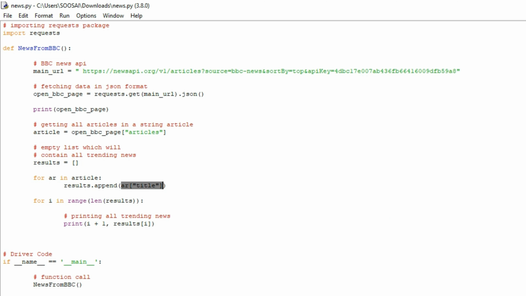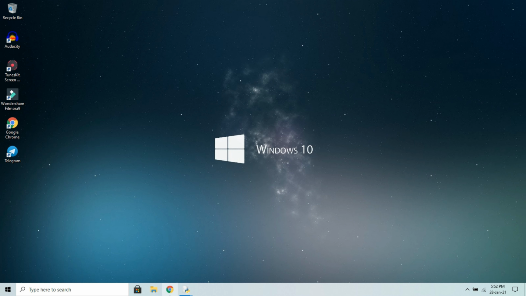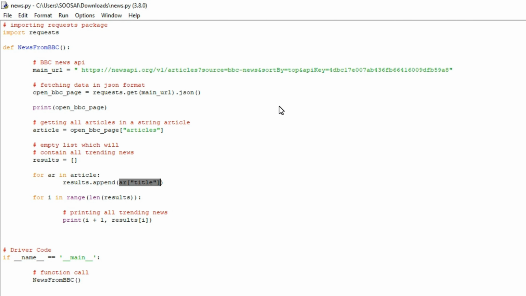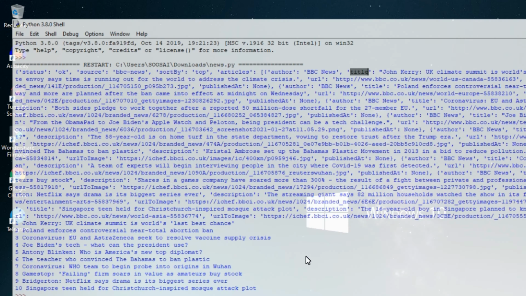As I said earlier, in order to access this news, we have to access this key first. That's why I'm mentioning that key. With the help of this key only, we can access that top news data. So here, with the help of this key, I can store the value in this list. The reason I'm using this for loop is that for every iteration, it will store different news.